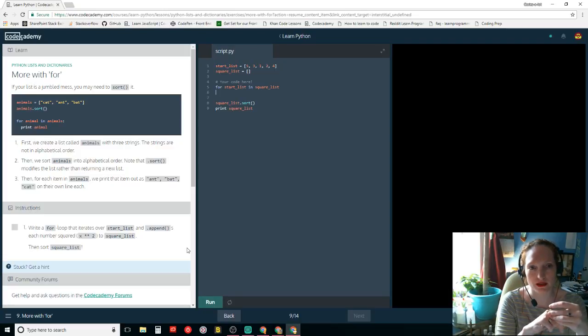Append square, would it be square list dot append x2?